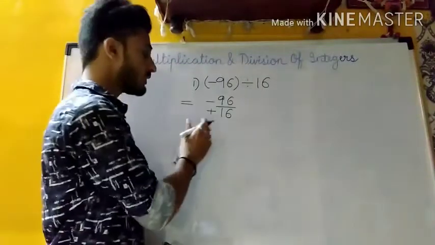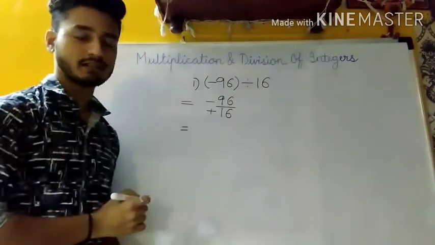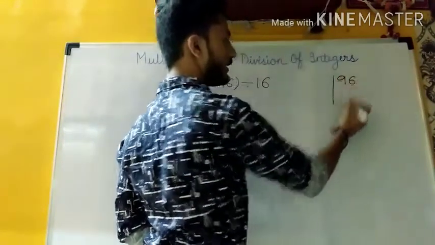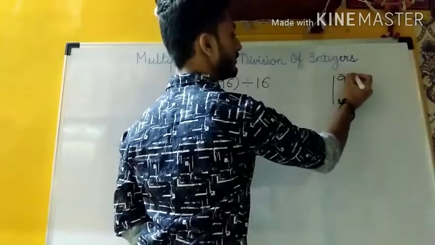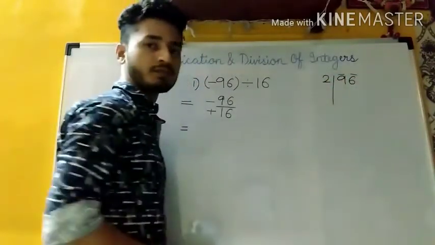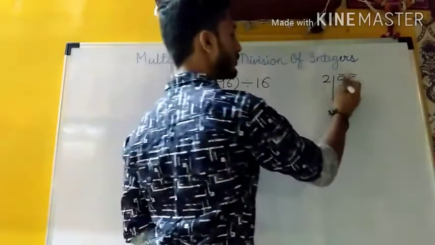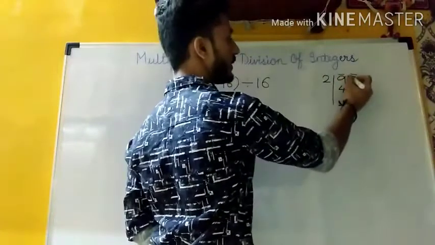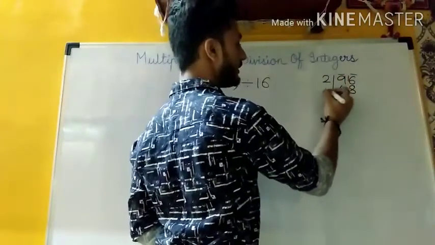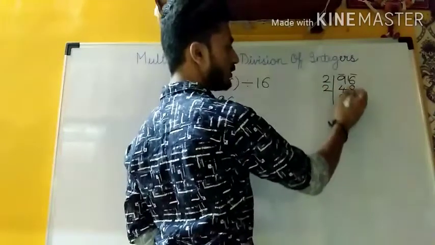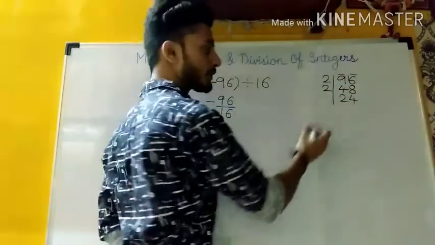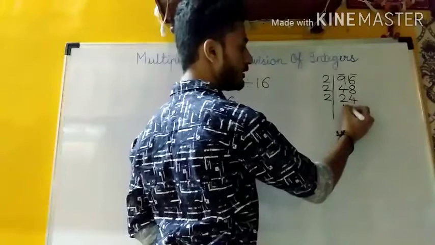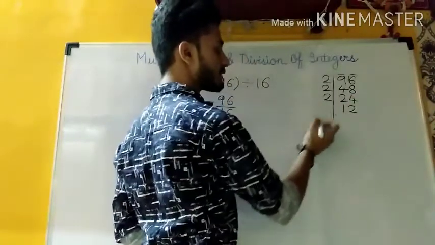Okay, now the next step is that we are going to find the prime factors. So for 96 we will find the prime factors in the rough column. First I'll go with 2, the smallest prime number. So 2 4s is 8, but it is 9, so 1 remains. So now it has become 16. So 2 8s are 16. Then 2 2s is 4, and 2 4s is 8. Again, it can be divisible by 2. So 2 1s is 2, and 2 2s is 4. Again, it is divisible by 2.